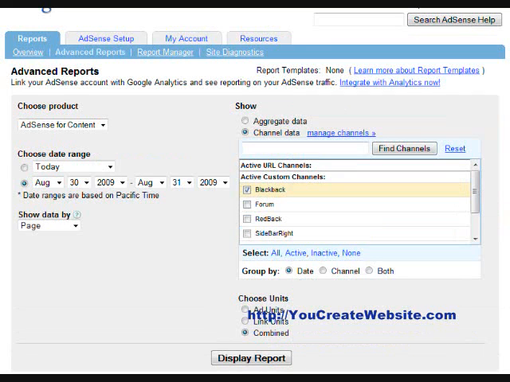And that report's going to show you what ads are doing the best with the criteria you defined in your custom channel, or it's going to show you which pages are doing the best if you use a URL channel. And with that knowledge, you can hopefully optimize your site's performance and change your strategy depending on what's doing the